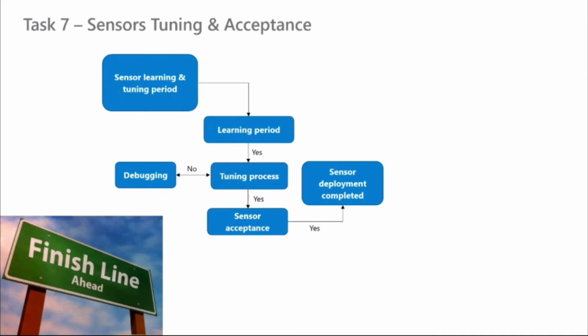A baseline is the time frame in which we learn the customer network. What do we expect? What are the assets that are involved in the communication? What type of protocols are they using? When are they using it? Are there any activities that are monitored that are done in a routine process but not all the time? For instance, backups. Are they being done at a later time in the evening and only during the weekends? How about antivirus scans? When are they done? So the learning period envelops a time frame that can be as short as a day